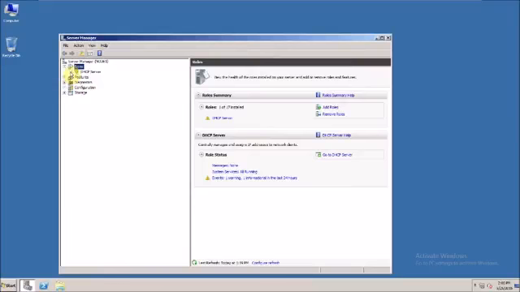After the DHCP server is installed, it will appear under the roles, and in my case, as you can see, it's here,